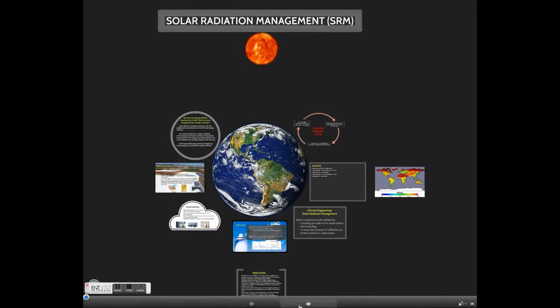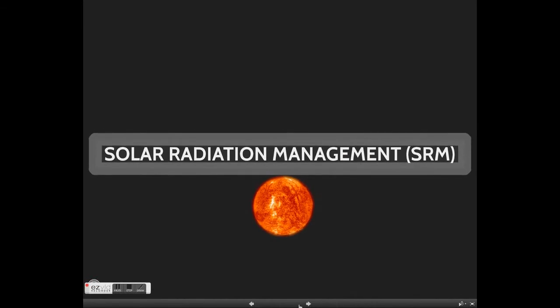Climate change is happening, but what can we do more than reduce, reuse, recycle, or reducing greenhouse gas emissions? Well, what if I told you that we could actually cool the Earth's climate by solar radiation management? Well, before we get onto that, we need to understand how much radiation the Earth is receiving from the